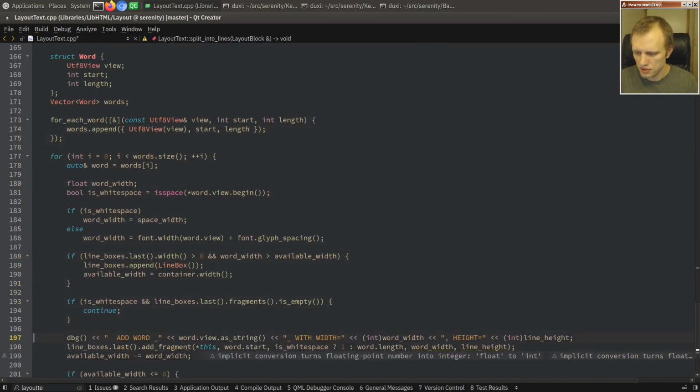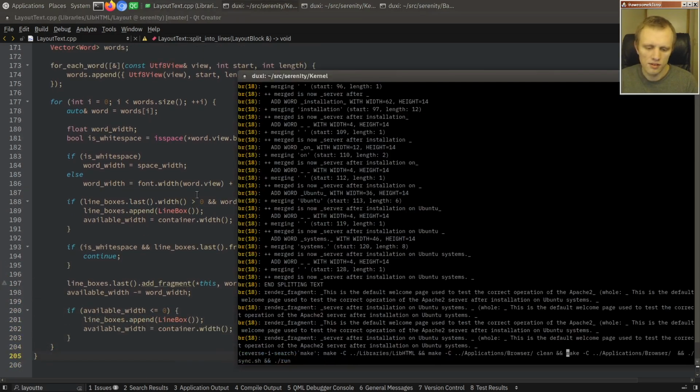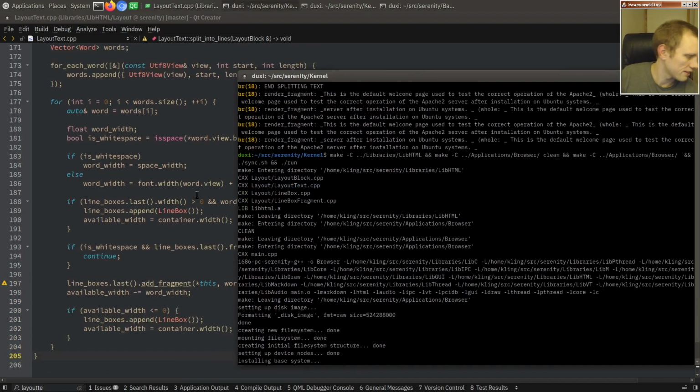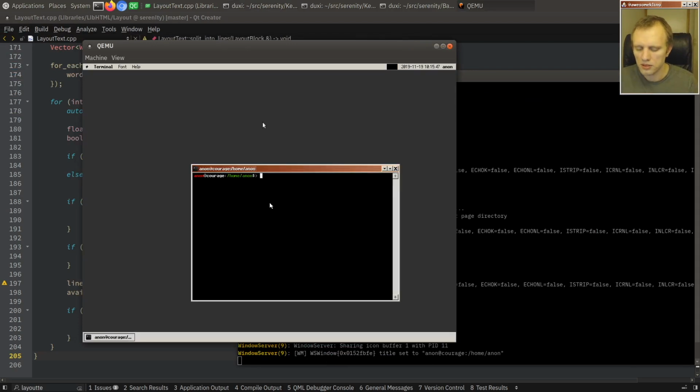I just want to see that this works, but I have a very good feeling this is going to work. White space collapsing is a bit annoying. So